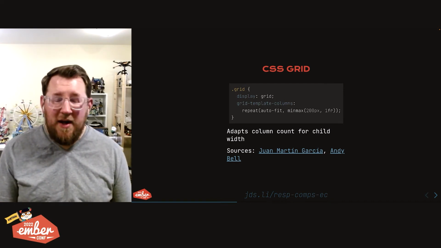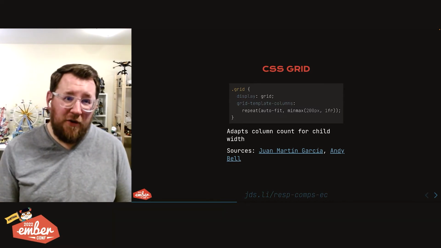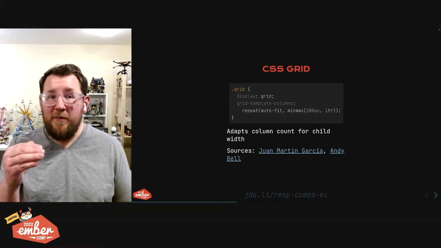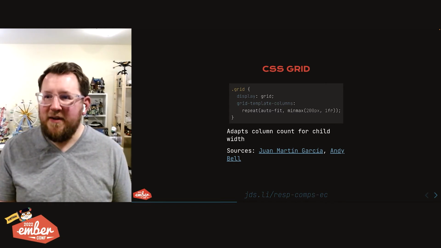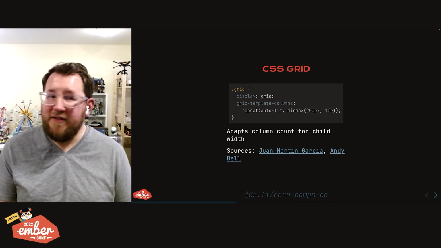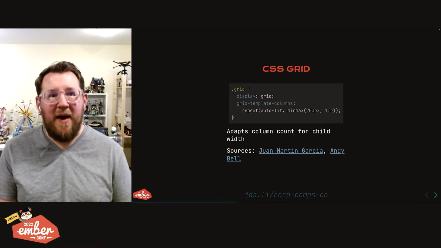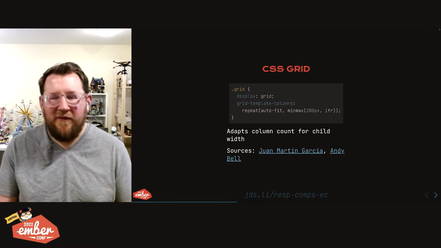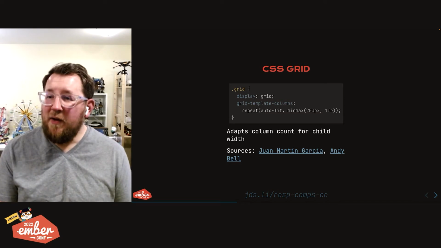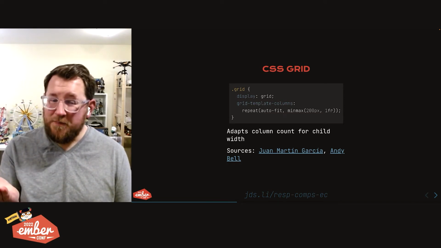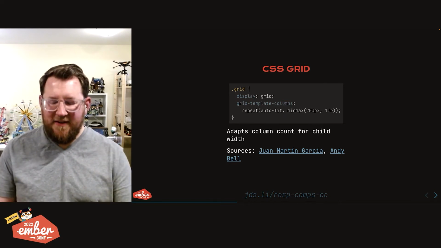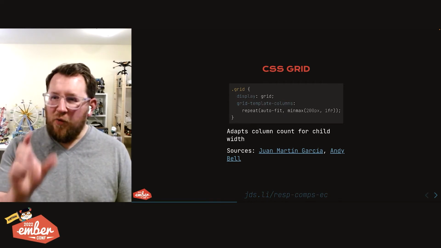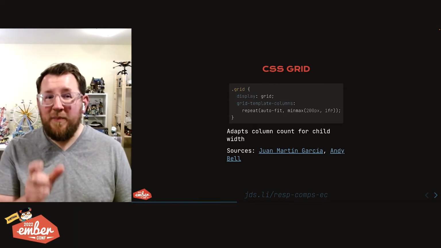It's got two parameters. Auto-fit is the count. That means instead of like 1 or 2 or 3, stick in as many columns of the width as you can safely fit into the parent. And then the second parameter is the width of a column, which is a min-max function, which is nice and squishy and flexible, useful for our case here, which says it's got to be at least 200 pixels, but at most 1 fraction. And that means, this is a fun one, the grid will have as many 200 pixel columns